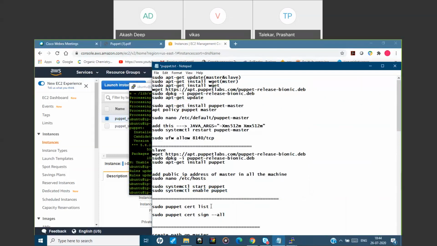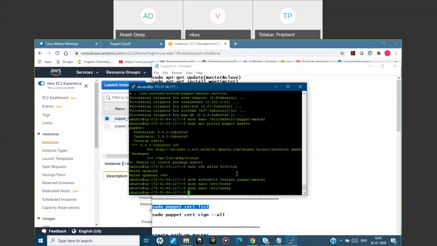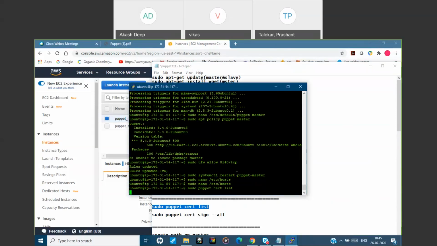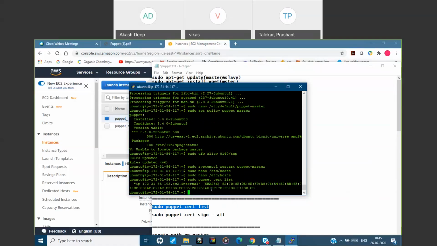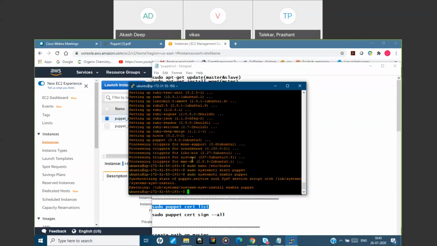As I told you, if you go here, see, we have a request from the slave server. 172.31.55.193 is the slave server. We had configured the master host inside this path, /etc/hosts. As soon as we had configured it and started and enabled Puppet,